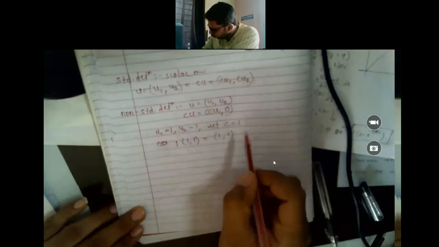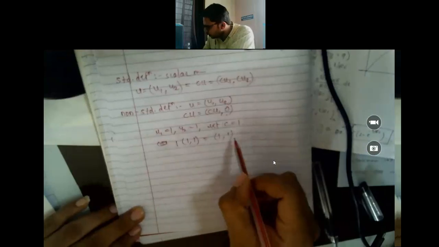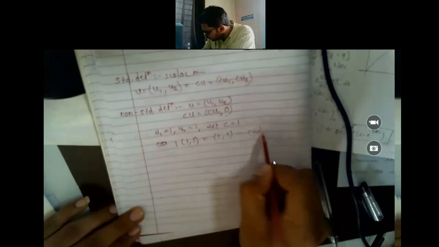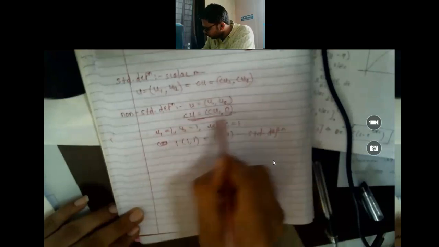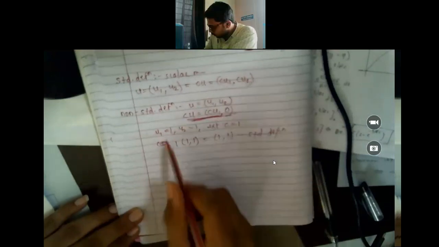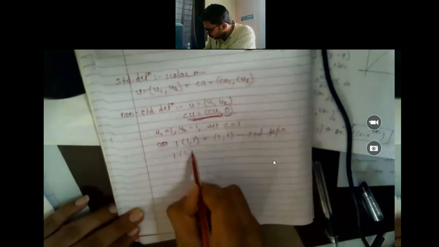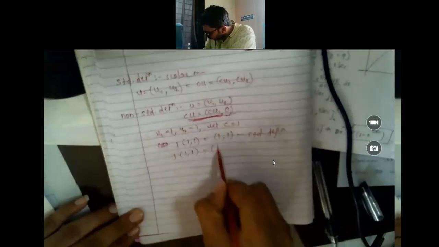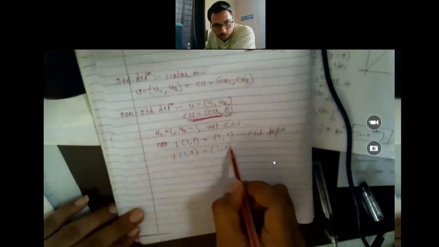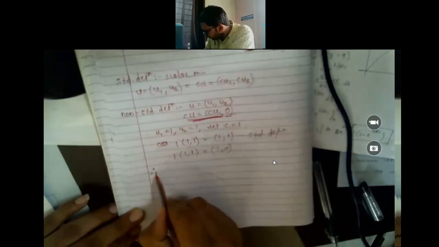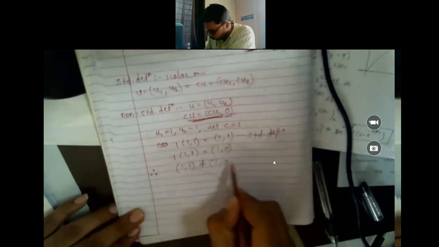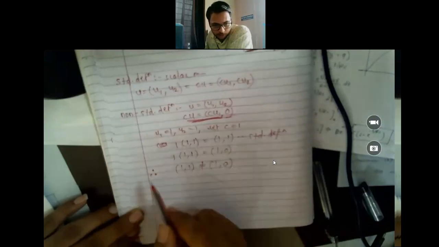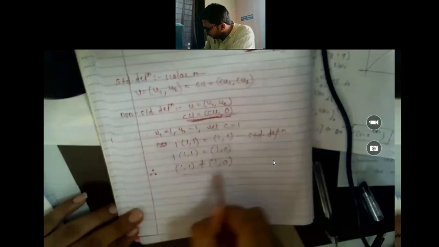This should be the answer according to the standard definition, but according to the non-standard definition, the way in which they have described this, what will be the answer? (1, 1) becomes (1, 0), because the second element should be 0 according to their definition. Hence we say that (1, 1) is not equal to (1, 0).